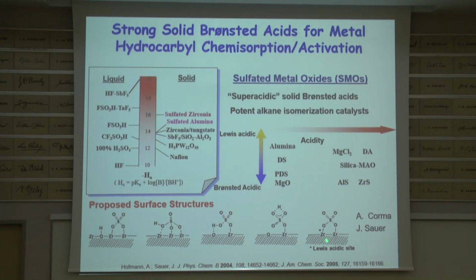Joachim Sauer in Berlin has done really detailed quantum chemical calculations. Avelino Corma was the guy who really pioneered the catalytic chemistry. Most of the catalytic chemistry is hydrocarbon chemistry, because these catalysts chew on saturated hydrocarbons and attack them. Joachim Sauer, some of you may know, is Angela Merkel's husband, the Chancellor of Germany. So that may help his funding, I don't know. But in any case, he's a very nice and very smart guy. So we decided to try some.